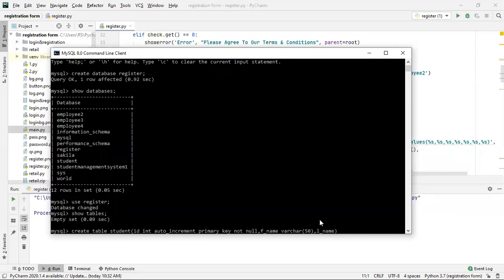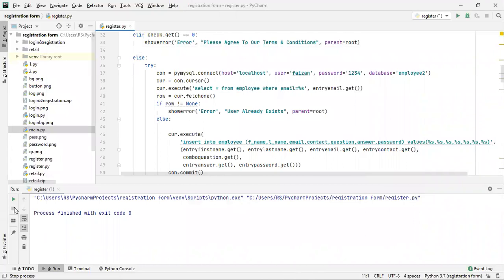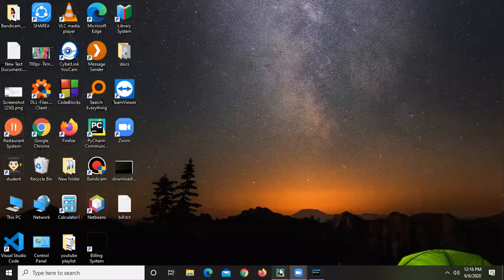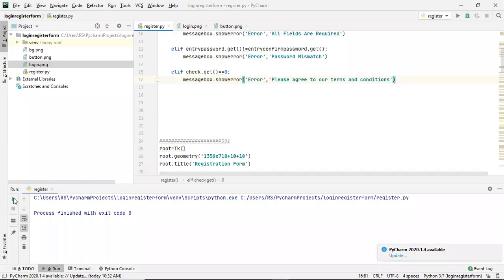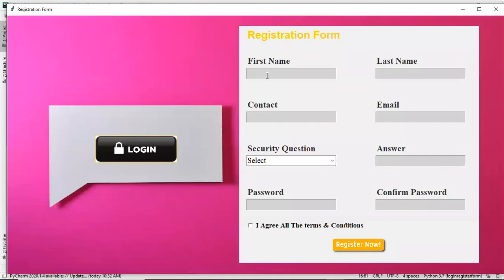See here, if I show you, I minimize this window, and if I run the main one, you see first name, last name, contact, email, security question, answer, password. For confirm password I'll not create any column, because the password and confirm password will have the same values.